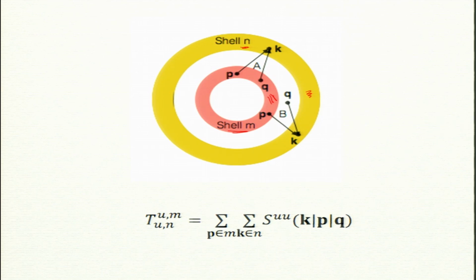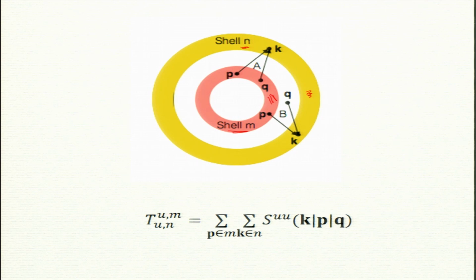So, there are supposed to be a lot of modes in shell M and shell N. Thickness, do not worry about it right now. I am not telling you that they are the same thickness, but they are shells. So, we can think of energy going from shell M to shell N, or from shell N to shell M. They are two different regions. If it is equilibrium, of course, then it will be 0, but in non-equilibrium there will be transfer.